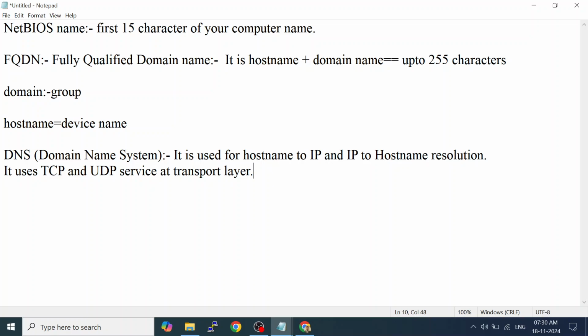It will send the data, it will wait for the acknowledgement that yes, I have received this packet. If not receive the acknowledgement, then it will resend the data. So that is the feature of TCP, transmission control protocol. And that's why we say TCP as a reliable transport protocol. We say TCP as a connection oriented protocol.